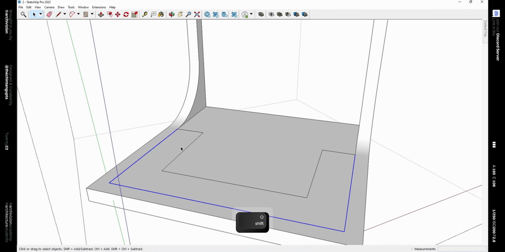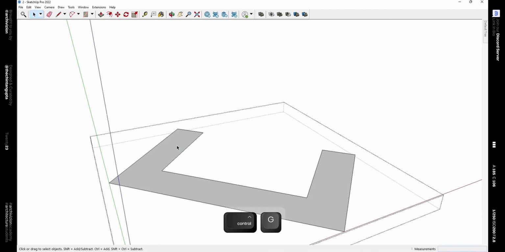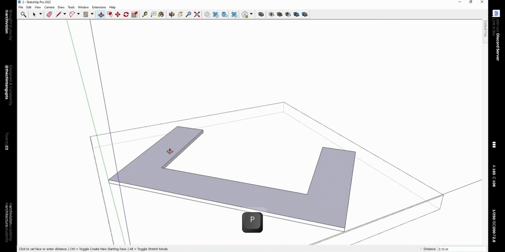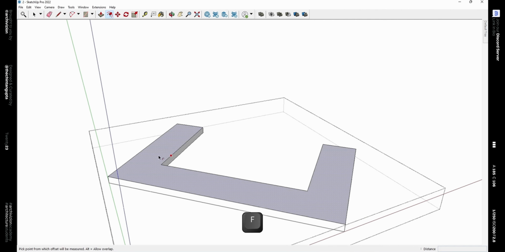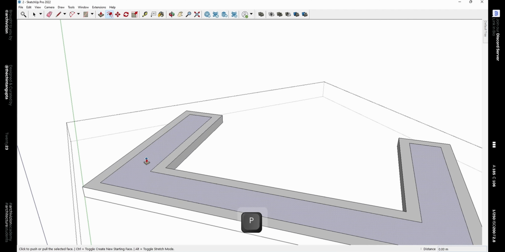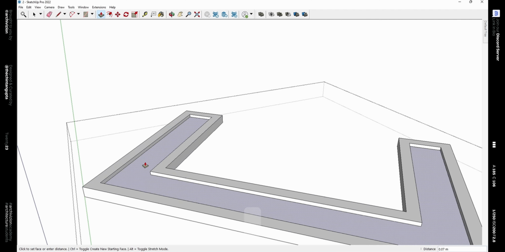Now double click to select this group and select this face and then make a group. Then give it some thickness using the push pull tool and then offset it. Now we can push this face down by 50 millimeters and then give them some generic materials.